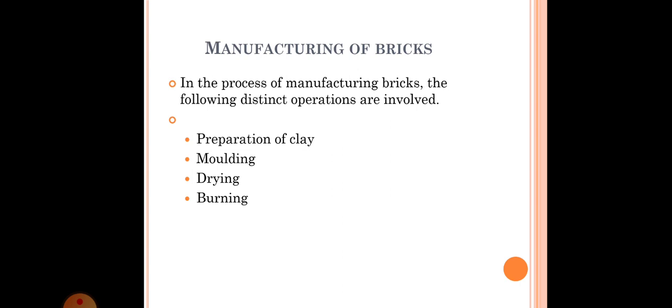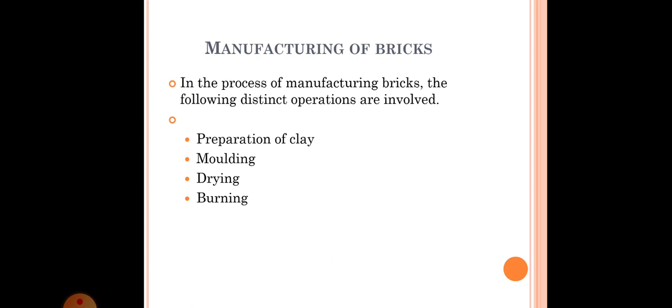Blending makes the clay fit for the next process, which we call tempering. In the process of tempering, the clay will be brought to a proper degree of hardness so that it can be made ready for the next operation of molding. Thus the preparation of clay is very important. We have to dig the soil, take out the clay, clean it, then blend it and then temper it.